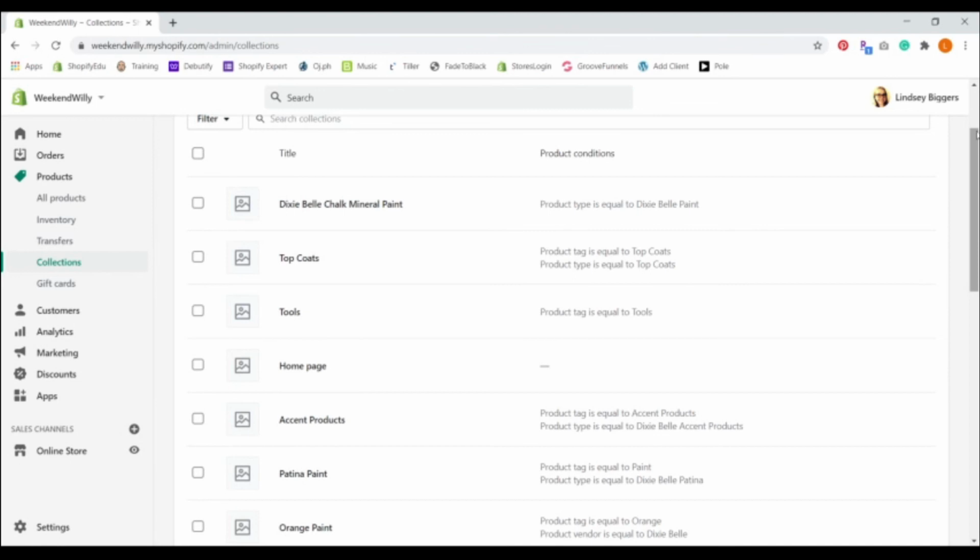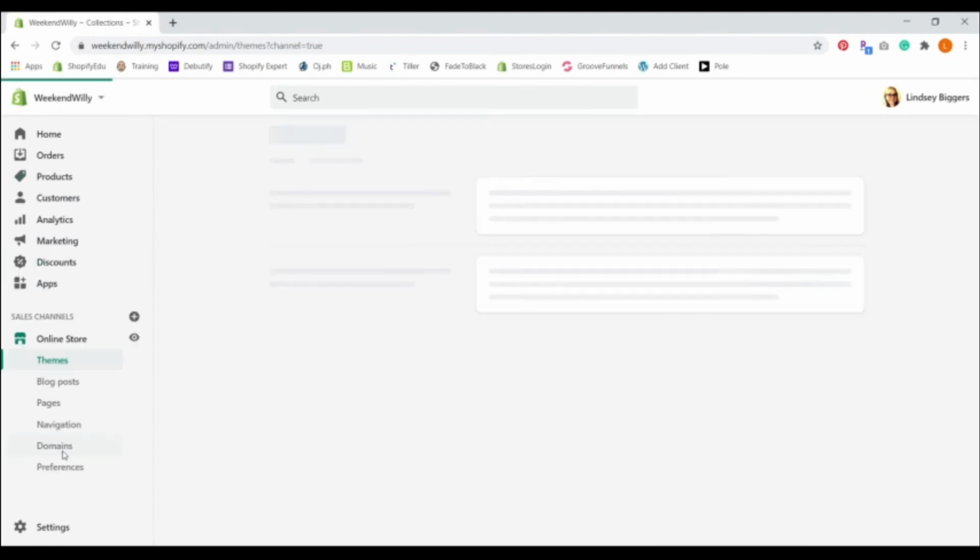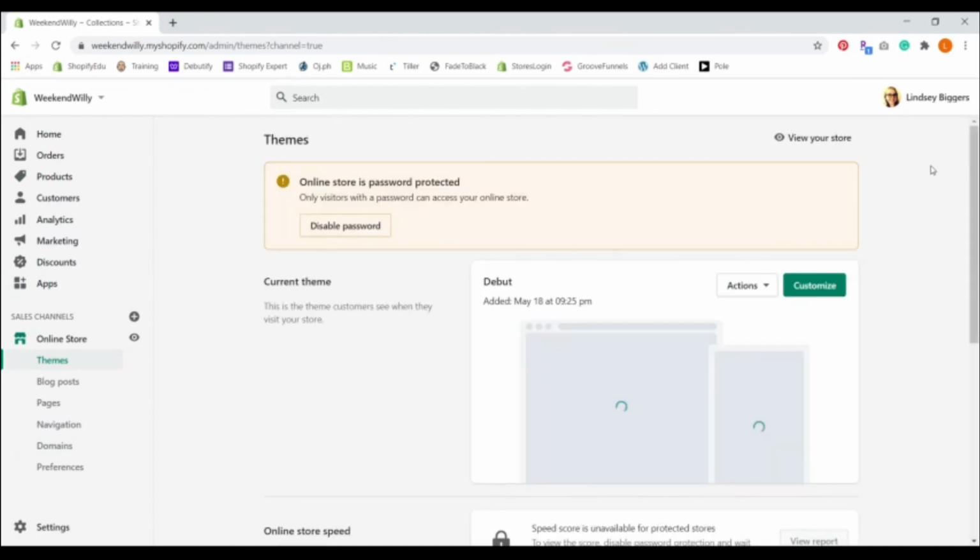But again, if you purchase one of the other listings, you can pretty easily see what you're going to need to set up. Just keep an eye on the product type and the product tags, and that'll really guide you in creating your collections. You can create as many collections as you want, and if you don't use all of them, no big deal. I usually try to create collections for just about every product type, and almost every tag. Obviously for Big Mama's Butter, the misspelling doesn't need its own collection, but the other ones, yeah. So then we'll go into online store, and I'll hop out of this video and jump into another one